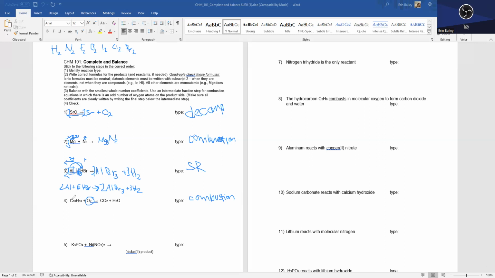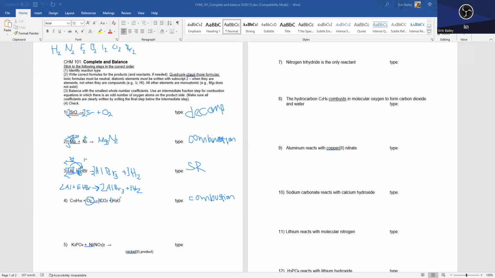The thing about these ones is that they're very hard to balance because these are going to be the ones that you're going to probably have to double the entire equation. But we're going to see with this one, all right? What the easiest way to balance this out is by starting with the carbons and the hydrogens. So I am going to start, okay, I see carbon here is 10, but there's only 1 here, so I'm going to put 10 carbons. Then I see 10 hydrogens, so I'm going to put 5 times 2, which is going to get me 10